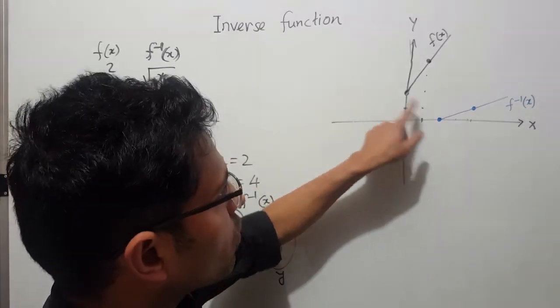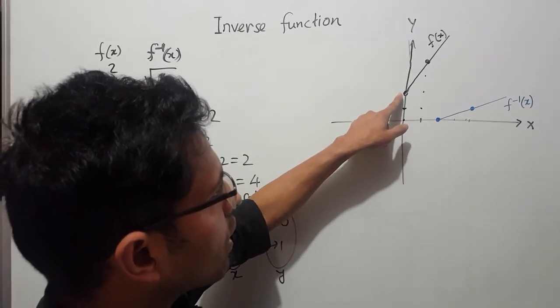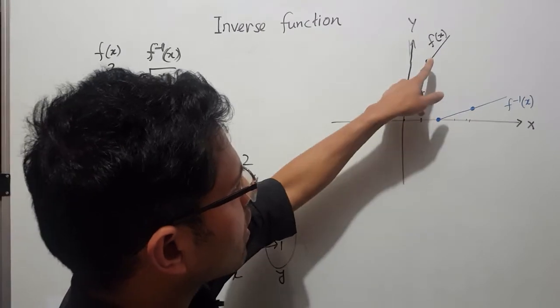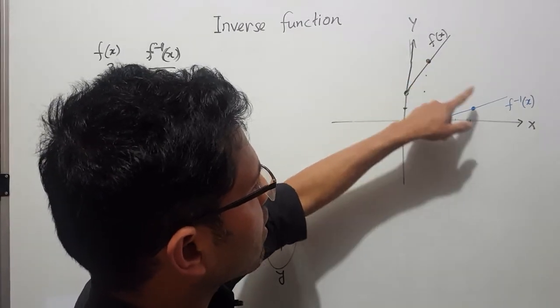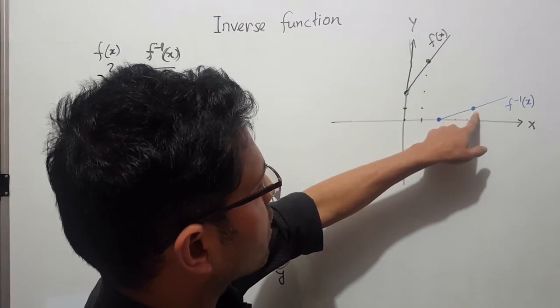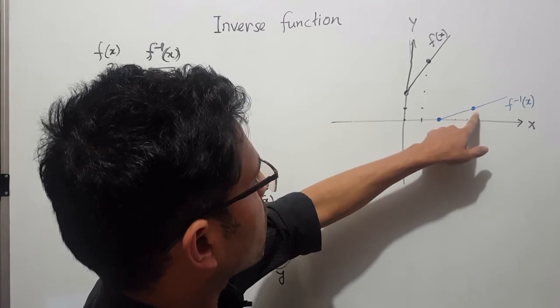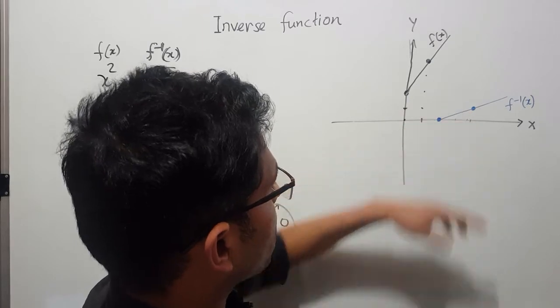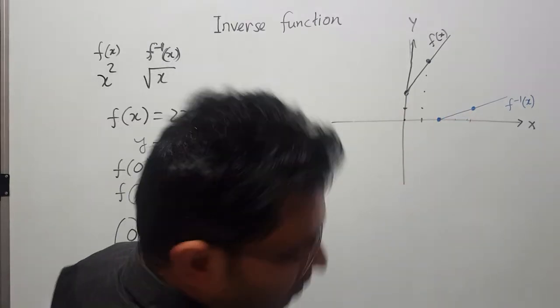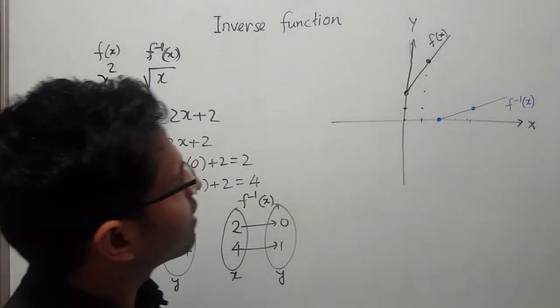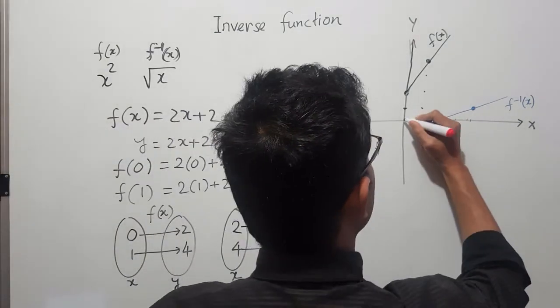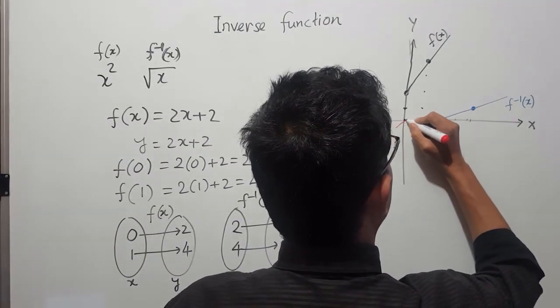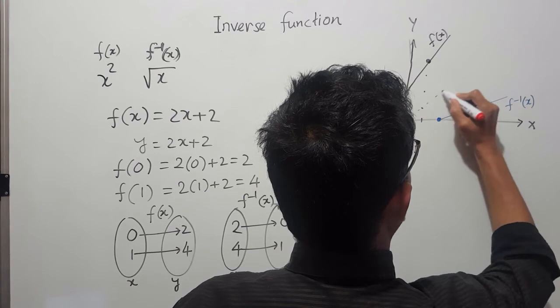This is the point when we are reversing domain to range, range to domain, we are getting this one. This point is the inverse of that point, or this is the inverse of that point, it doesn't matter, it's the same. So now you can see if you make a line here, it's just going like that,